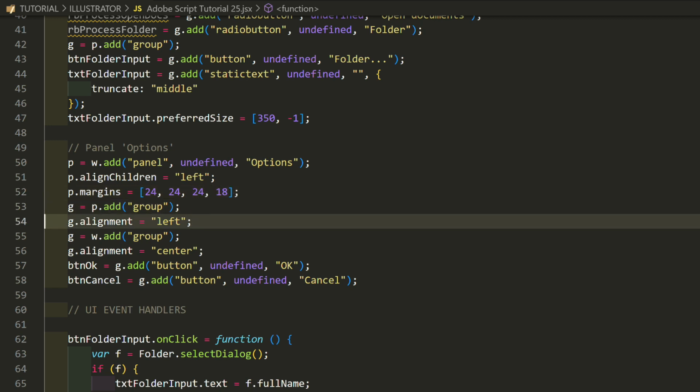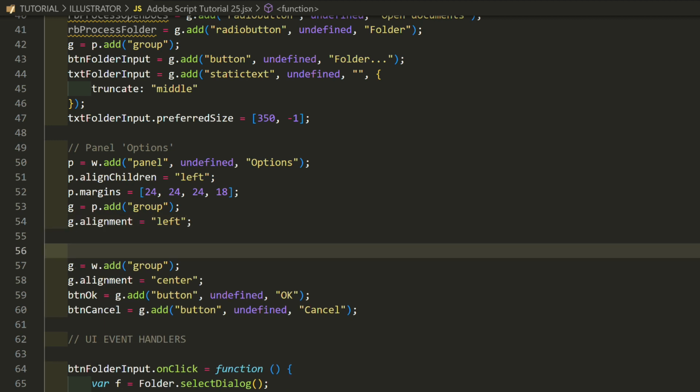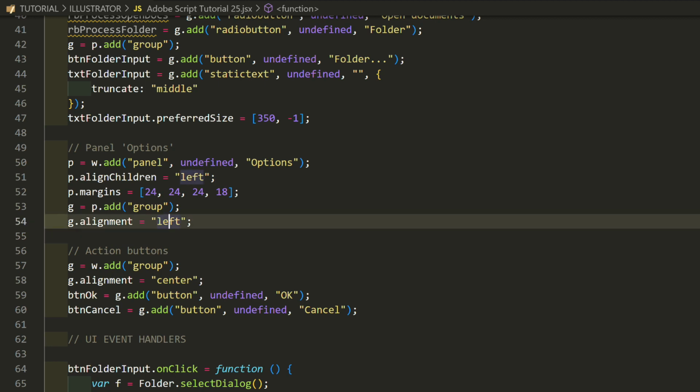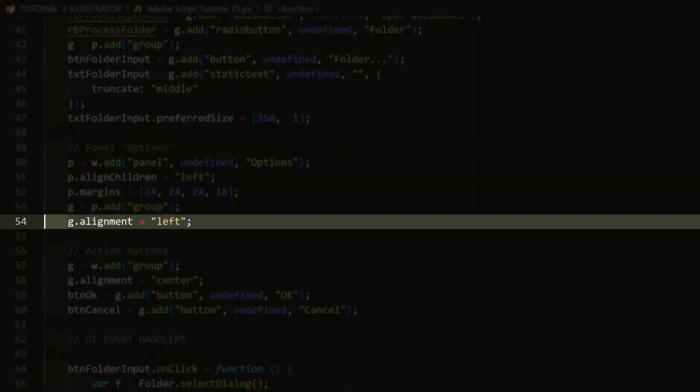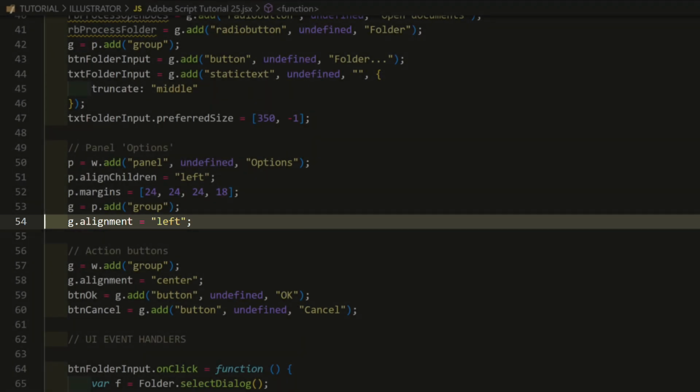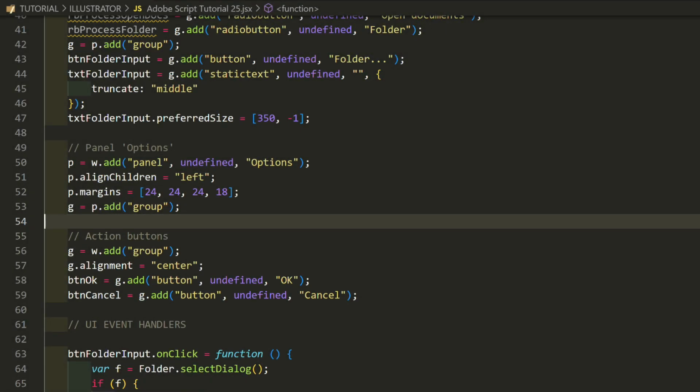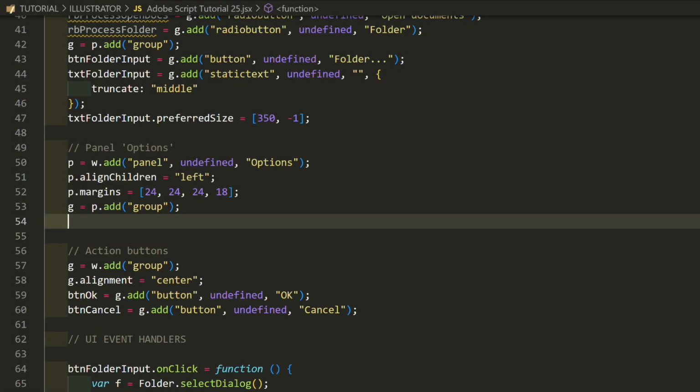Let's add another comment to separate the options from the OK and Cancel buttons. Under Options, there's already a group, but it doesn't need alignment because the panel is already set to align children. Now add the two options.